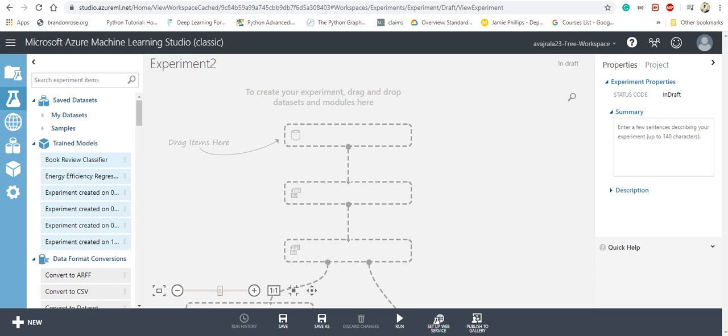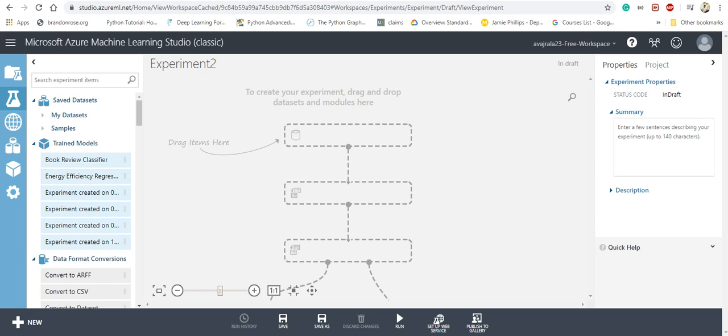Hi, today I would like to discuss how to perform statistical analysis on a dataset in ML Studio or ML Designer. ML Studio and Azure ML Designer are both the same. ML Studio is version 1, whereas Designer is the new version 2. Today I would like to show how to load a dataset and then how to perform basic statistical analysis on the dataset in Azure ML Studio or Designer.